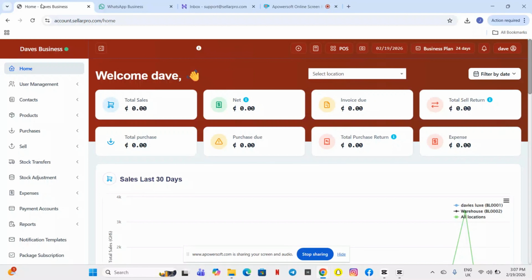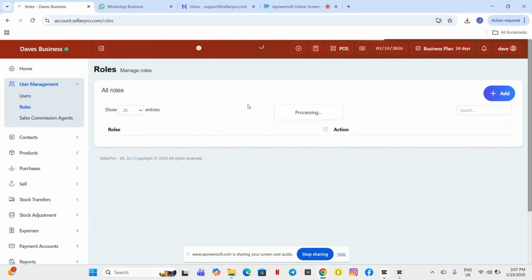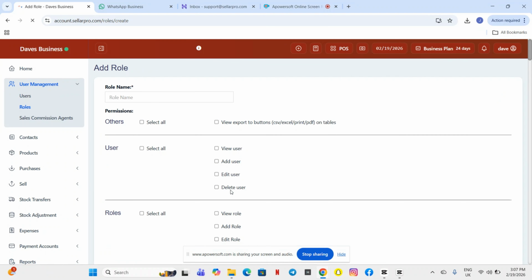To add new users onto your POS software, you first need to tap on User Management on the software, and then you add roles, because you need to assign a role to the user that you want to add. To add a role, you tap on the add button, and then you add the details